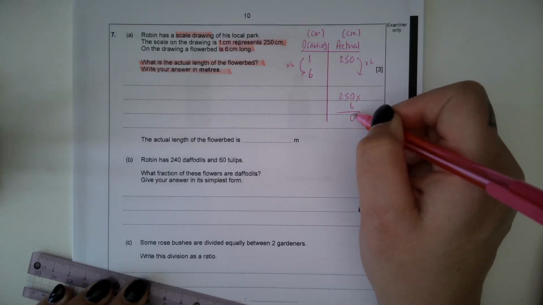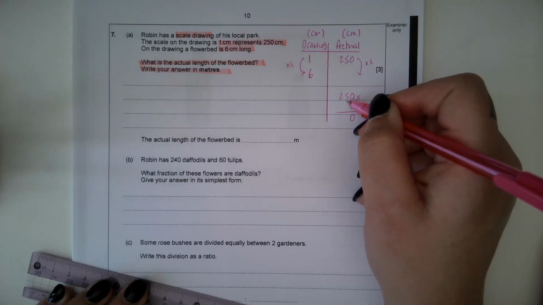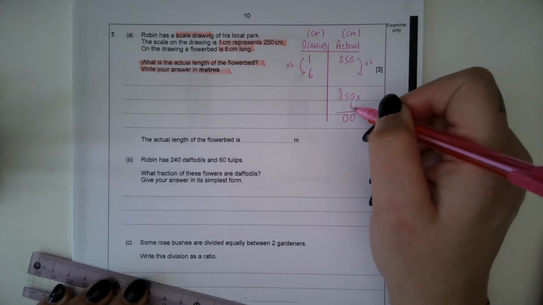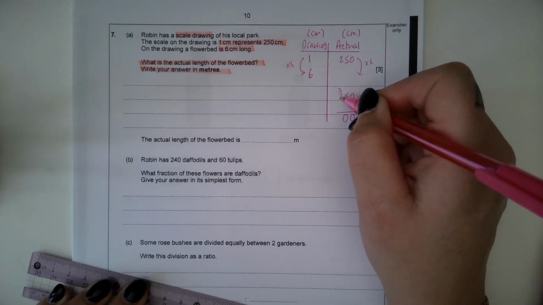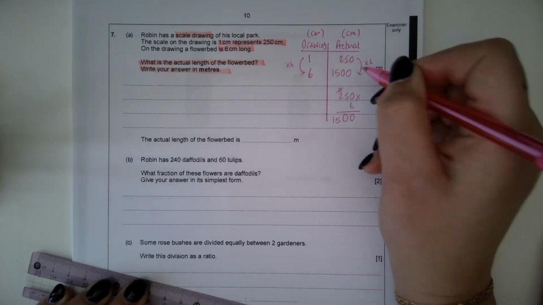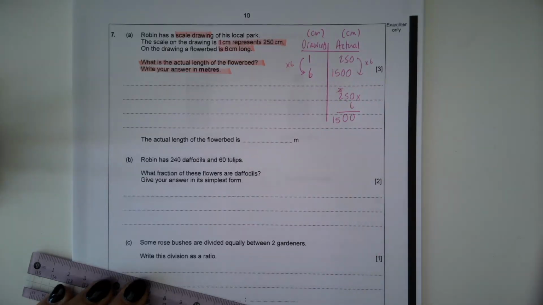6 multiplied by 0 is 0. 6 multiplied by 5 is 30. So we're going to write the 0, carry the 3. 6 multiplied by 2 is 12. Add the 3 is 15. So it's 1,500 centimetres